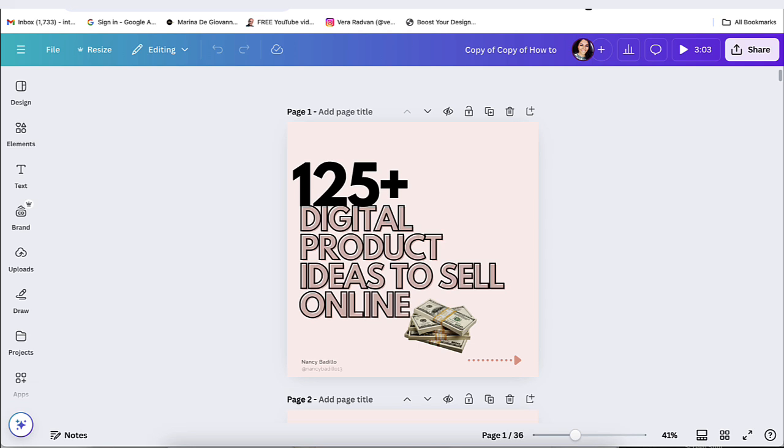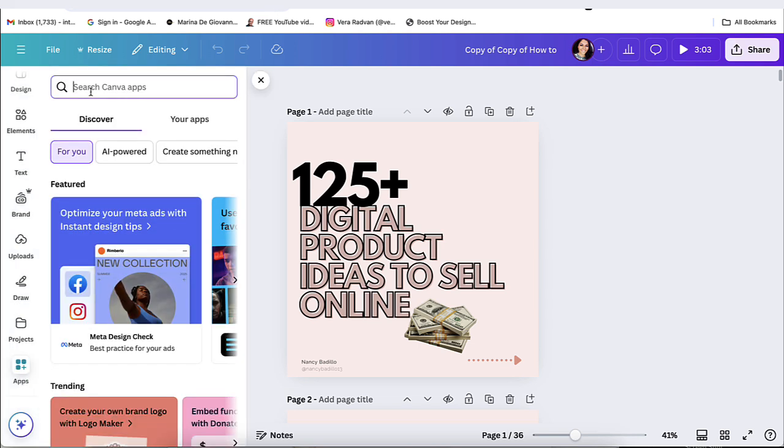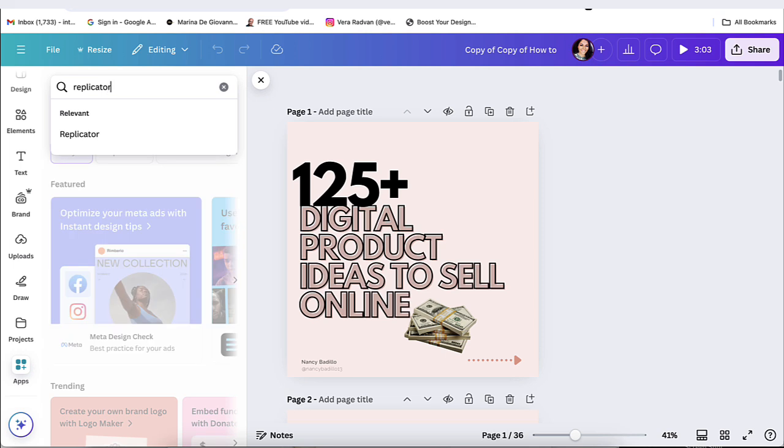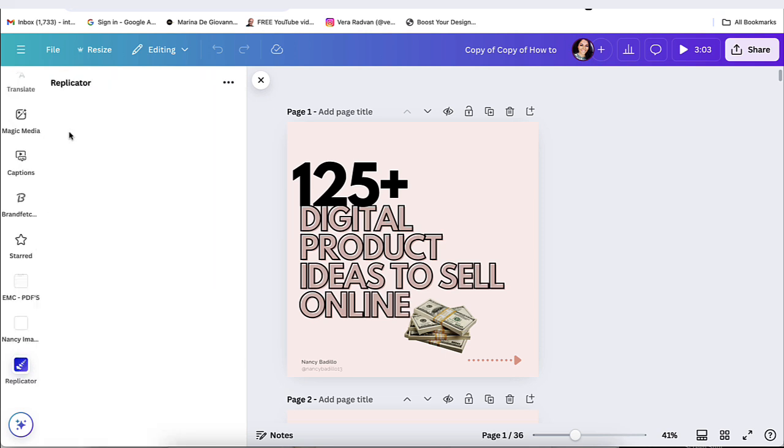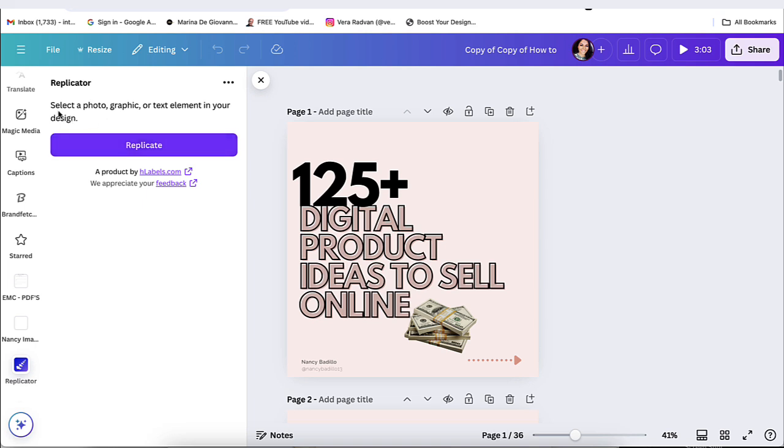All right, so the next app that I have for you is called Replicator, and it allows you to replicate text, images, elements, or anything that you want to replicate over and over and over. Let me show you how it works. So go to apps, do a search for Replicator, and from there, go ahead and click on the first one here. Now from here, it's going to ask you to select the photo, graphic, or text element in